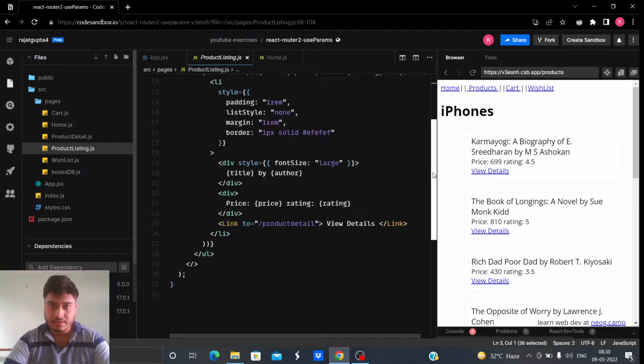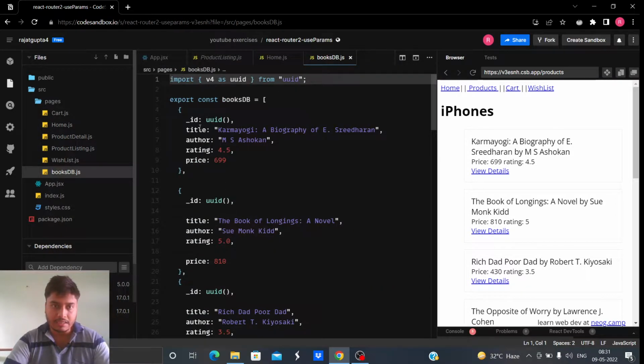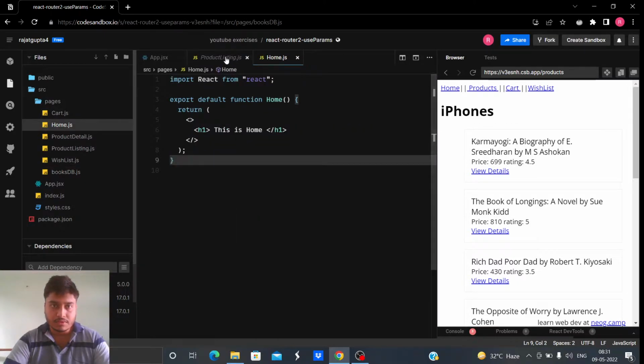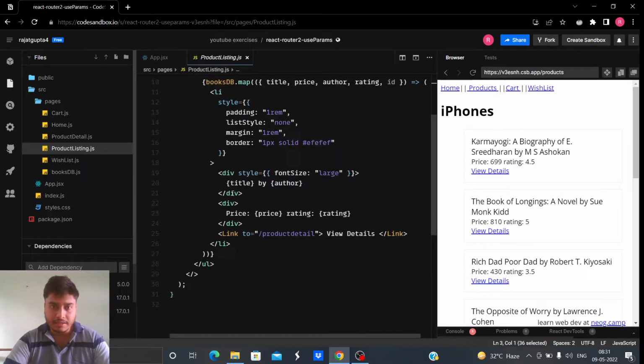Here I am mapping over title, price, author and rating, and in the books database you can see title, price, author and rating. Let me close this also. I am mapping over it, and here I am doing title by author.